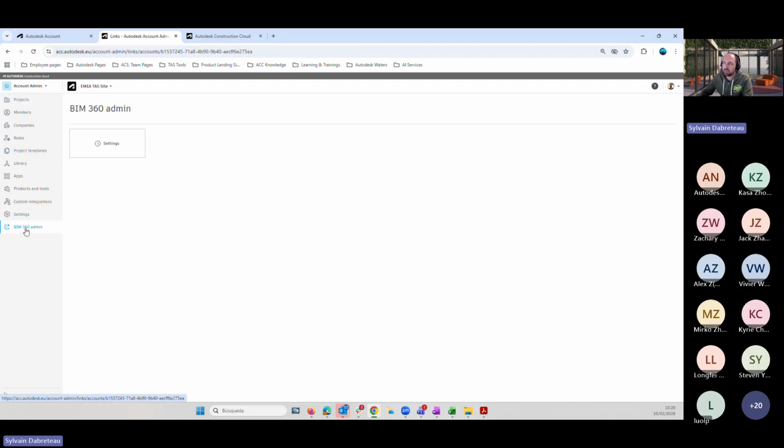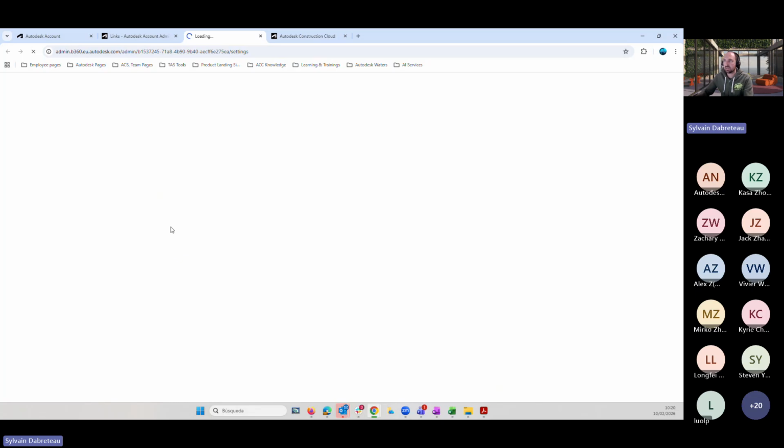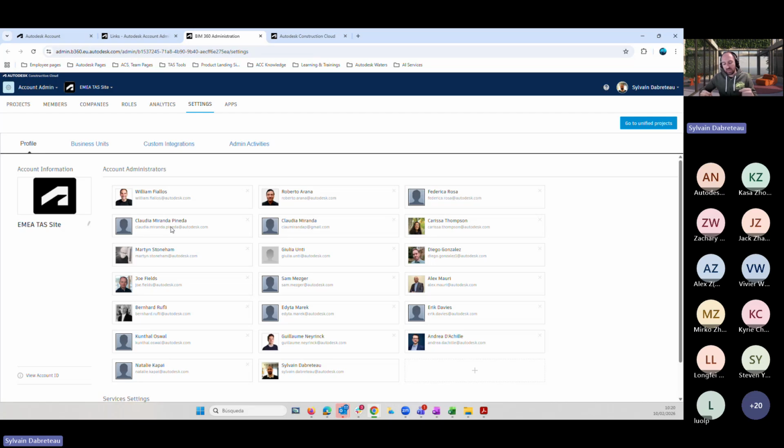If I click on BIM 360 administration and then on settings, it will send me to the BIM 360 portal, because we have this integration and we want to help our clients make a smooth transition from BIM 360 to ACC. So BIM 360 is still there and available.